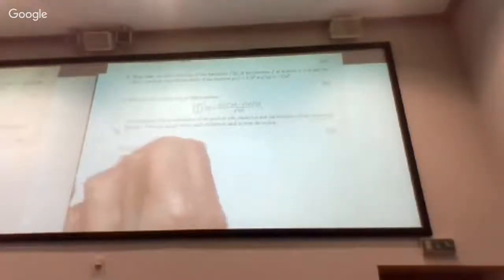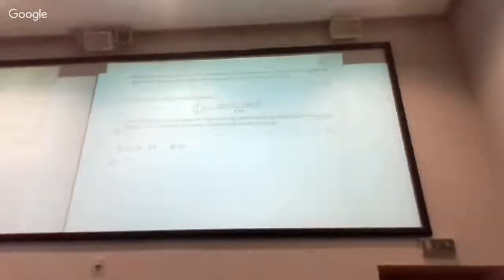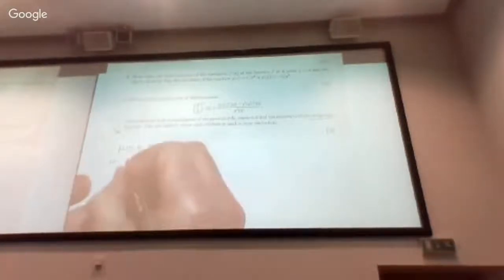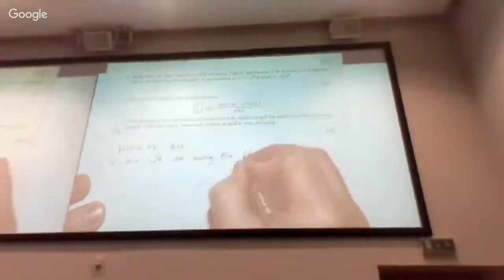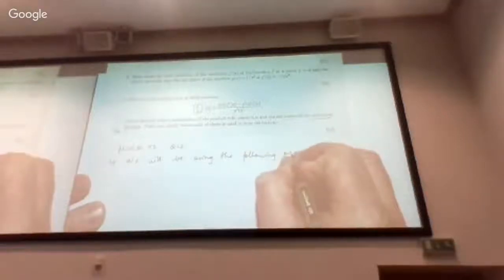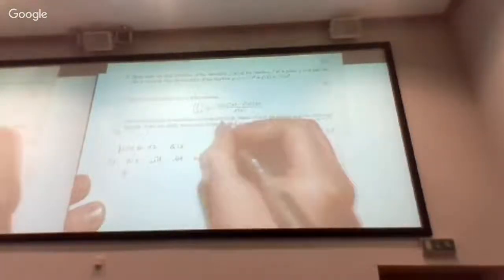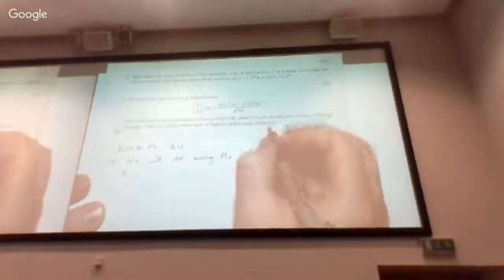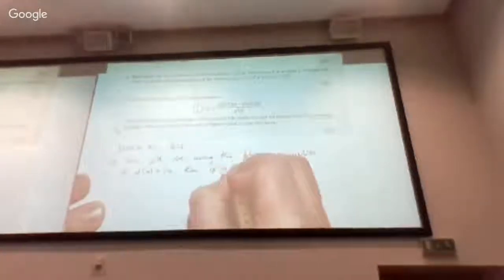So this Mach 2 question 4. And just to indicate the kind of things you might want to get across in your answer to demonstrate your understanding, maybe you should indicate we will be using the following properties. I don't want to use f and g, since f and g are going to be used there. So phi of x is 1 over x, then the derivative of phi is minus 1 over x squared, that's the reciprocal function. And the product rule,